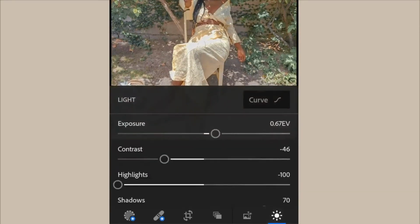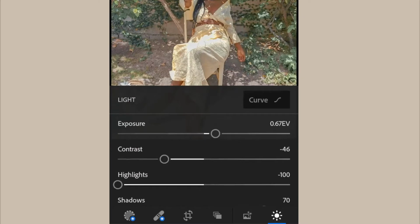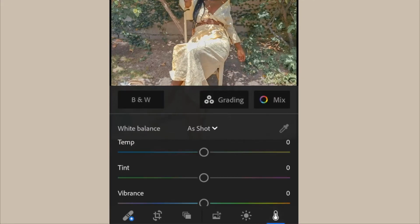I am Natural Mana, and today I'm showing you how I made my favorite cottagecore vintage summer preset. As you can see, I bring down the highlights to -100. I'm going to bring down the contrast a bit. You can just watch everything that I did in the light section, and now I'm going to go over to